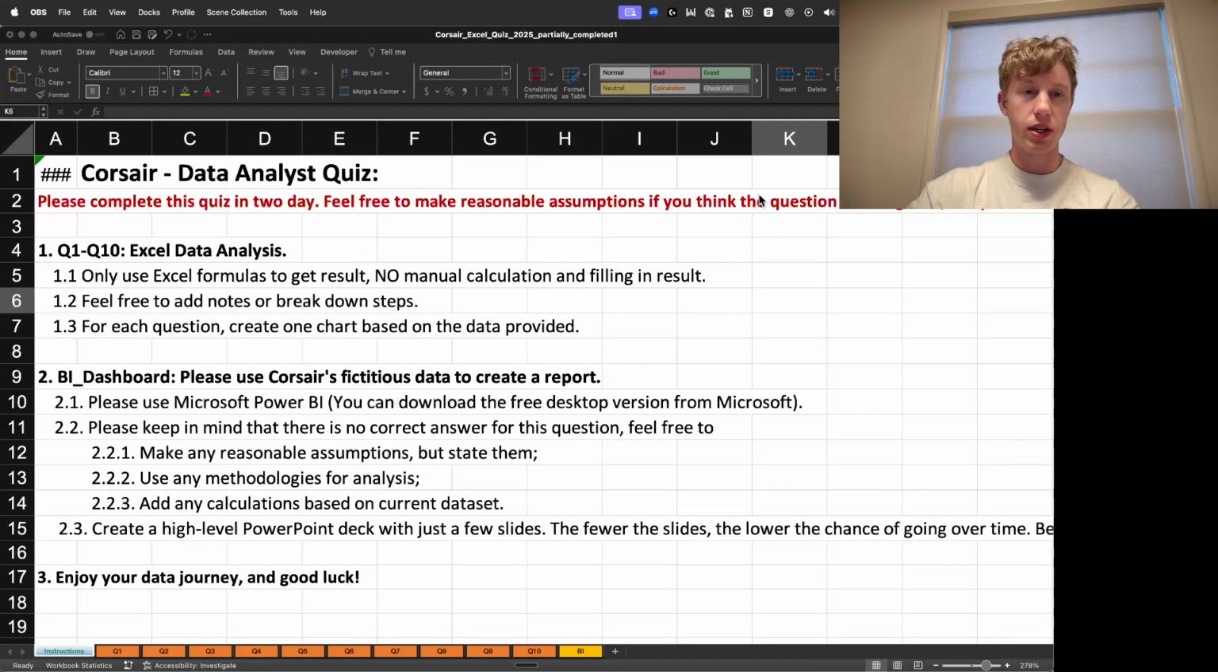I do want to preface it by saying that we did have a 2-day timeline for the entire assessment. And that includes the Excel as well as the Power BI dashboard and the PowerPoint deck that they wanted as well, which was an extra credit portion that you could do on top of the rest of the analysis. So for the Excel portion,